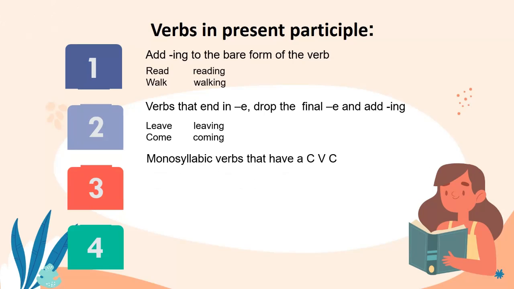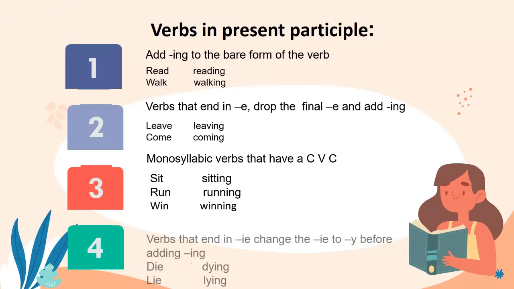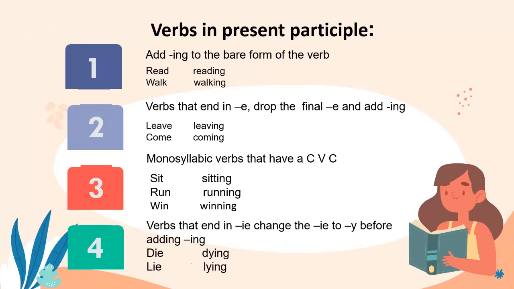For monosyllabic verbs that have a consonant vowel consonant, we have to double the last consonant and then we add ing. Sit, sitting, run, running, win, winning. And for verbs that end in ie, we change the ie to y before